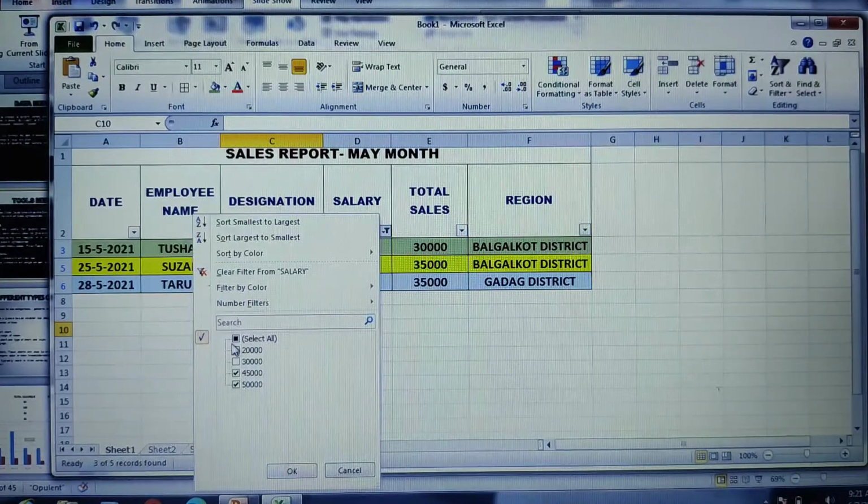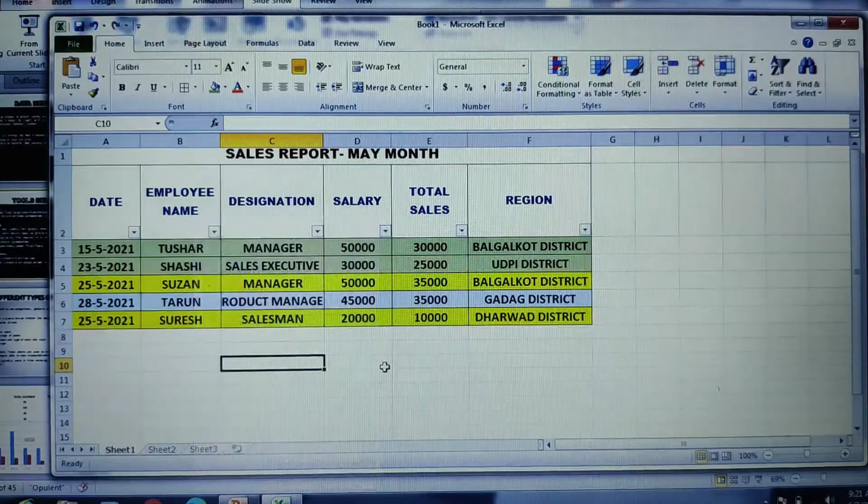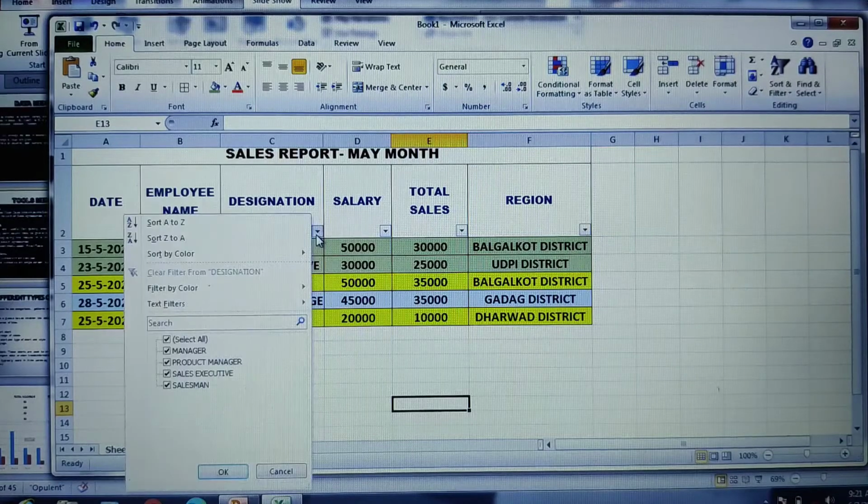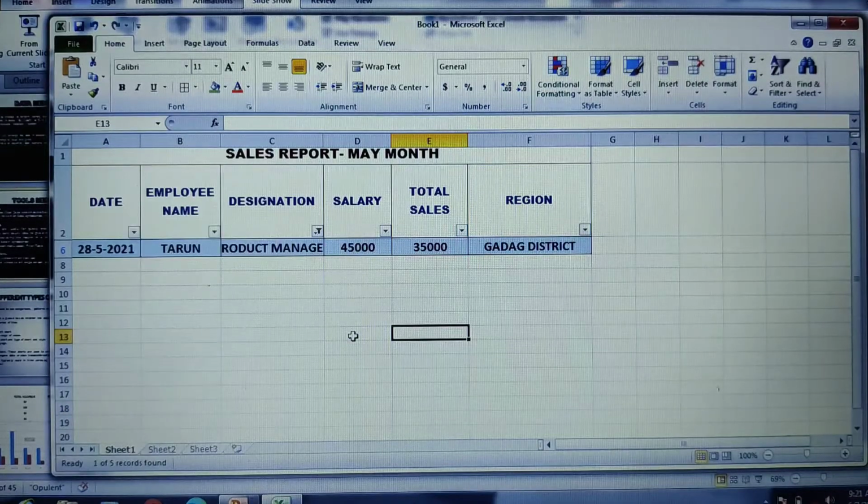Not only this, you can even perform the filter option based upon the cell color again. So I'll just enable this one. Click on the designation; based on designation also you can perform. Now herein I'll go for Filter by Color. Which color do you want to filter the contents by? I would like to go with the blue color here. So click on that and see, you get only the contents which are blue in color. Like this you can perform the filter option.